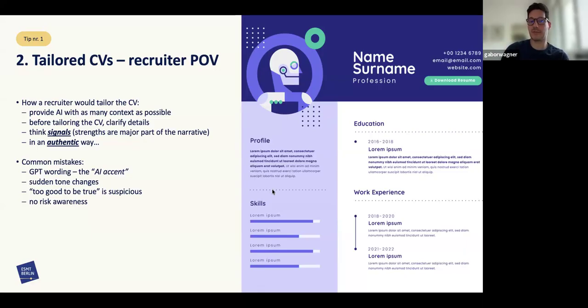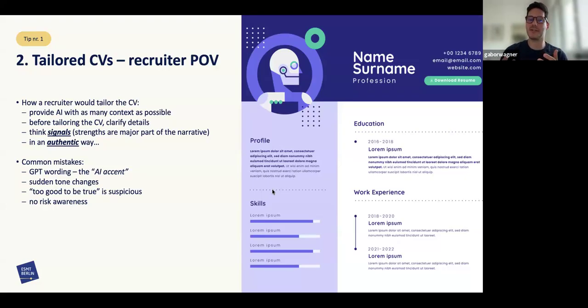the GPTs don't have risk awareness. And when I say risk awareness, I mean, are you too senior for this job or too educated for this job? Because a recruiter can think, okay, I don't want to open this position again in half a year, so I need someone who will stick to this job. And if you are too senior, that becomes a risk. Even if, in your opinion, you could do this job, you don't want to do anything else, you are not too ambitious, it would be fine.